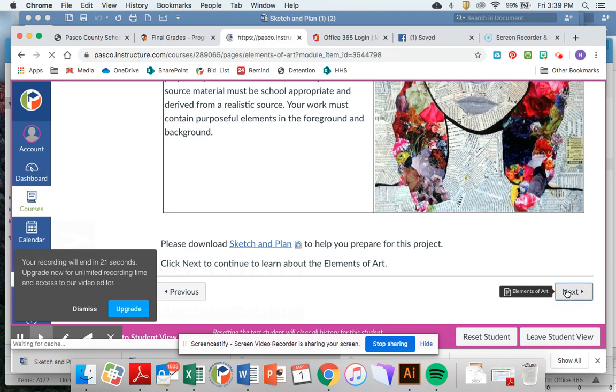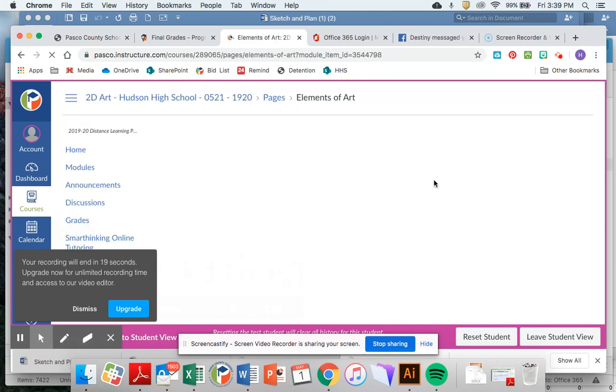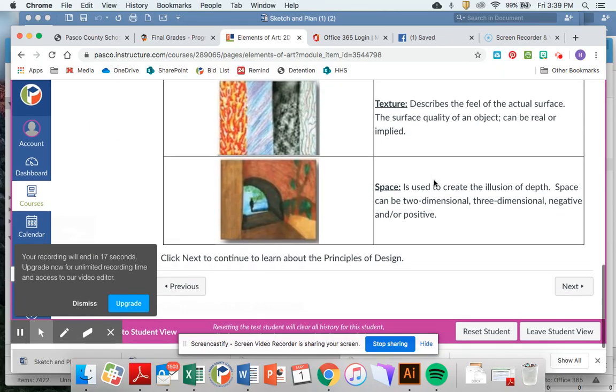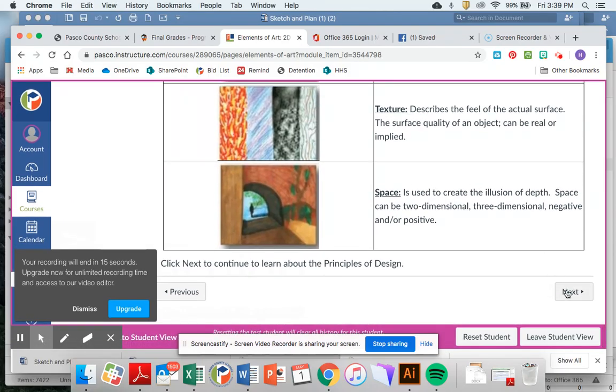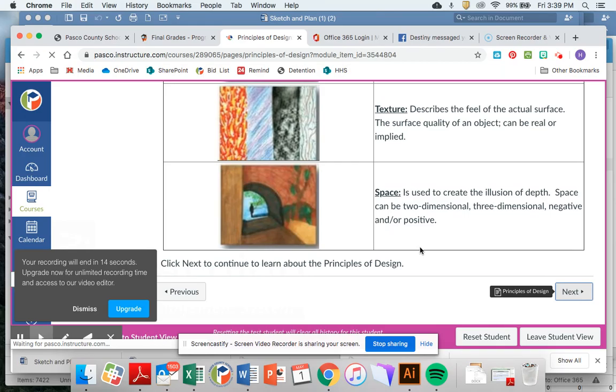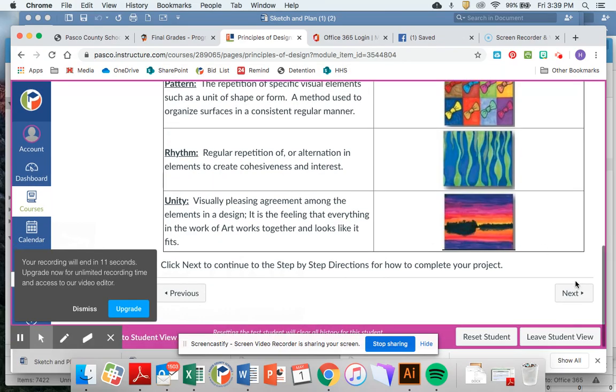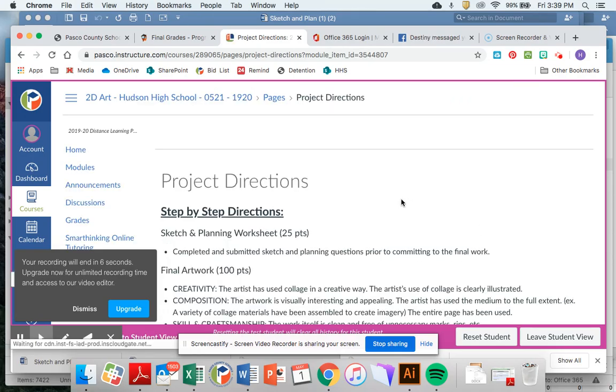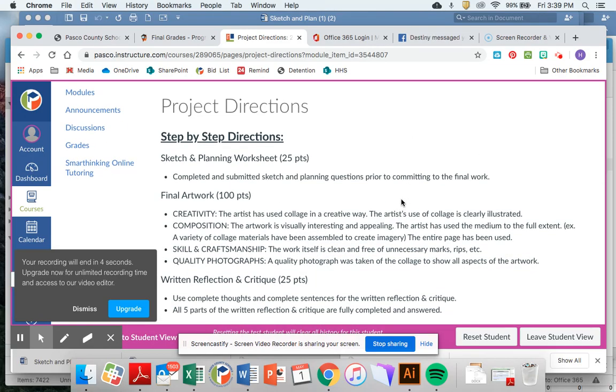And the next part is where you're going to read through the elements and principles. So I scroll down, I'm going to go through the principles, read this, scroll down, click next, and then you're going to get to the project directions. Read through this and